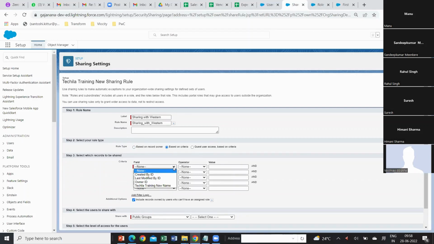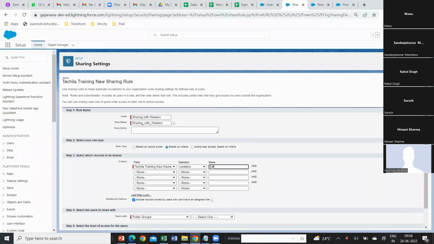Based on the criteria, if I want to say the owner ID starts with... I would say, let's take the example, Techila training new name. I would say Techila training new name starts with or contains